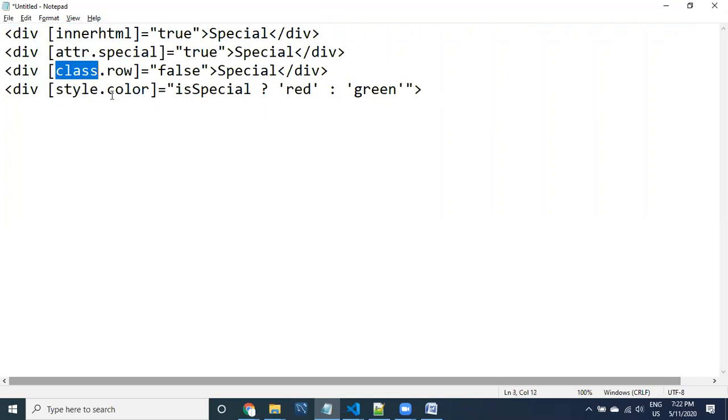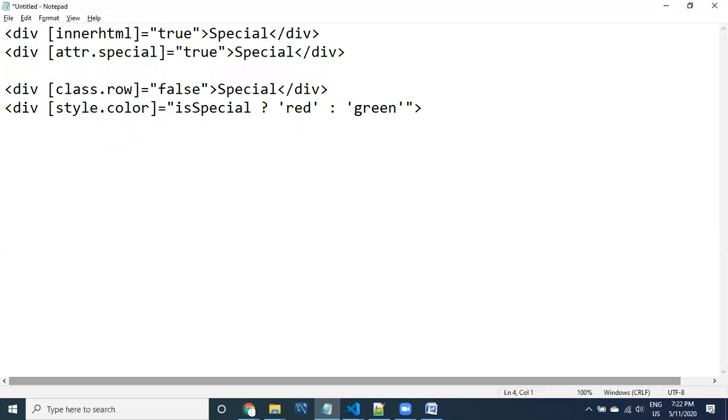These are the alternatives. Class binding and style binding are alternatives to ngClass. We have already discussed ngClass and ngStyle. You can use either class binding or ngClass, or style binding or ngStyle. But the important information is that in coming days, Angular may remove ngClass and ngStyle, because this notation is powerful.